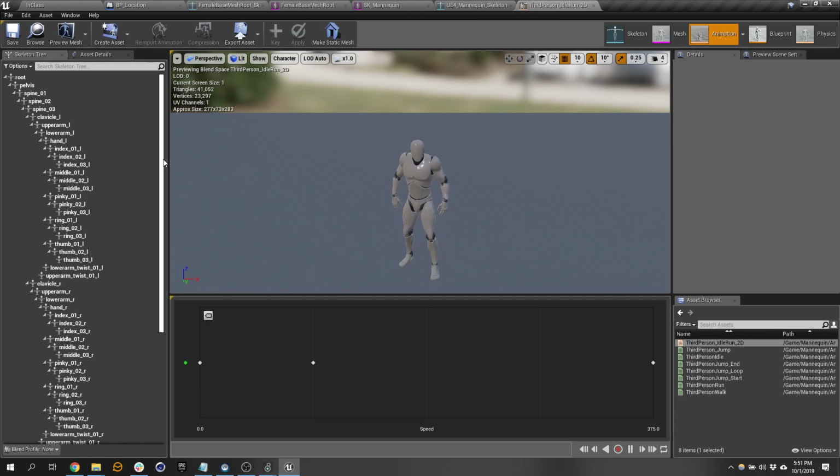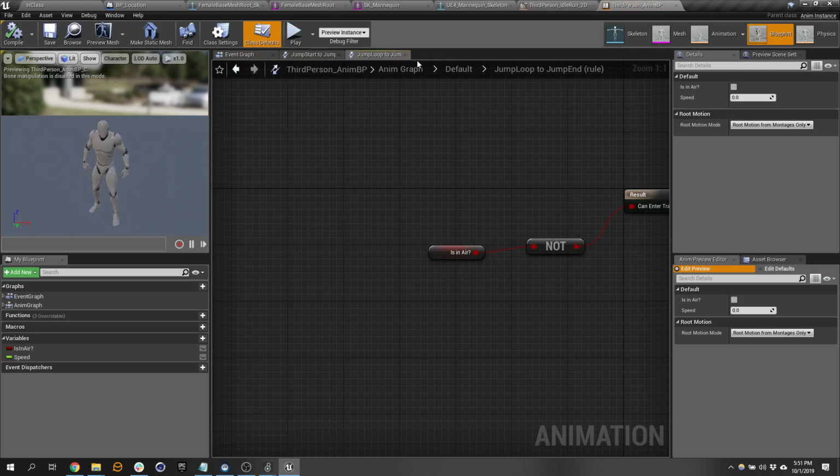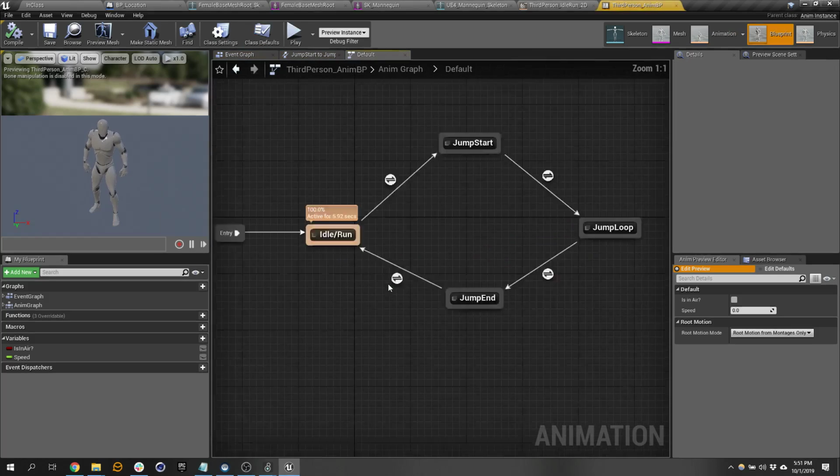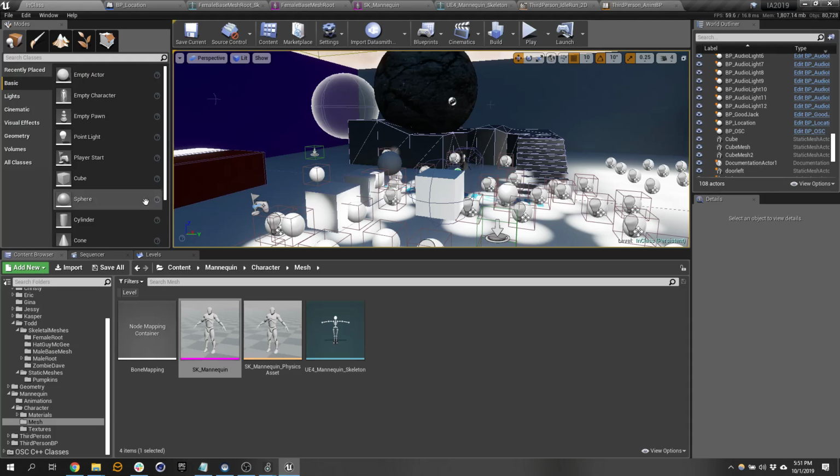Anyway, I want to cheese off all this. I want to be able to take all these animations and retarget everything at once. These are all tied together into a kind of blueprint we're not going to get into today called the animation blueprint, which is all the logic that dictates animation. This is like a state machine of different states you can have. I just want to take all that and use it. So I'm going to find that animation blueprint,